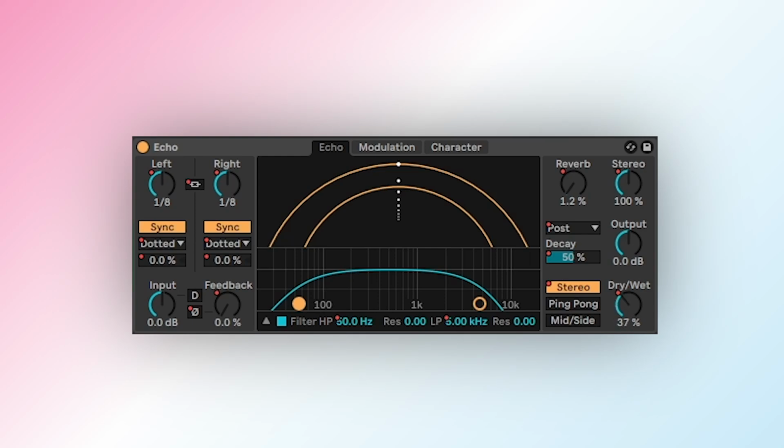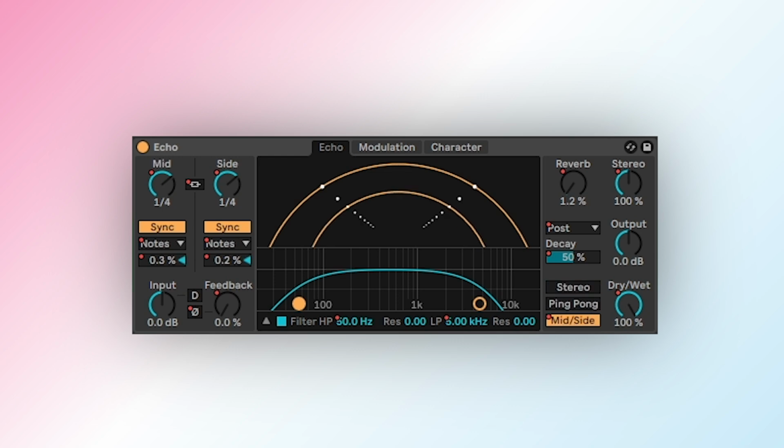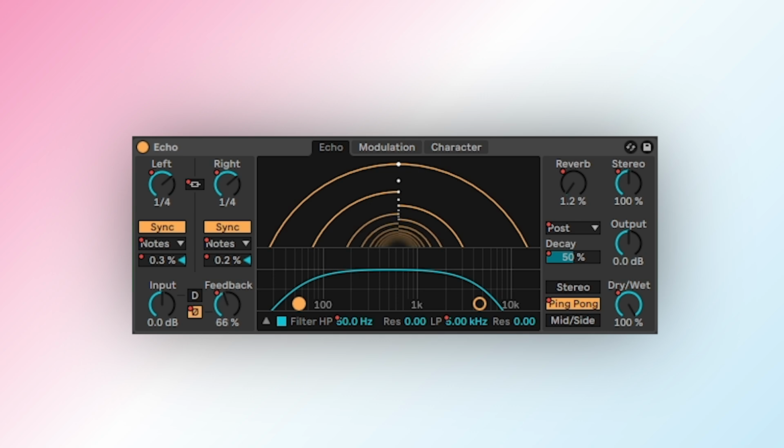Ableton's Echo is a versatile modulation delay effect that adds depth and dynamics to your soundscapes. With two independent delay lines, it gives you full control over stereo, ping pong, or mid-side modes, offering options for sync delays or freeform timings. Feedback controls let you loop audio or invert signals for evolving textures, while the input section adds distortion for extra